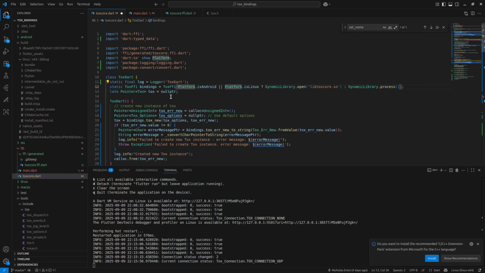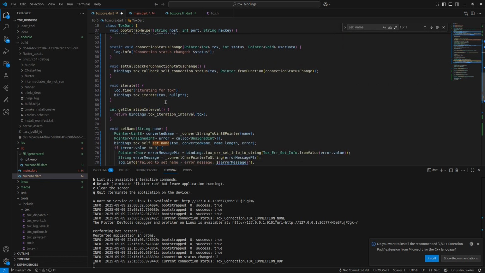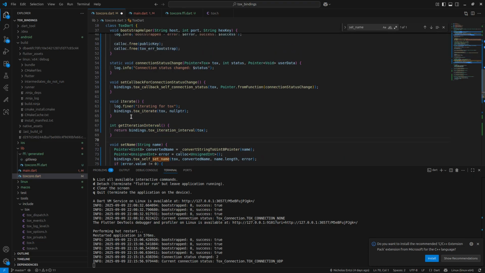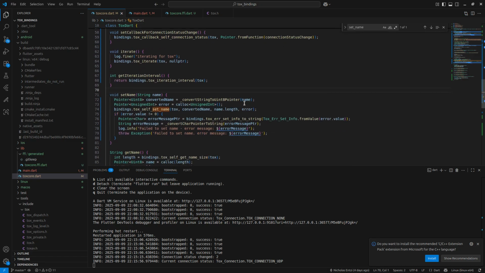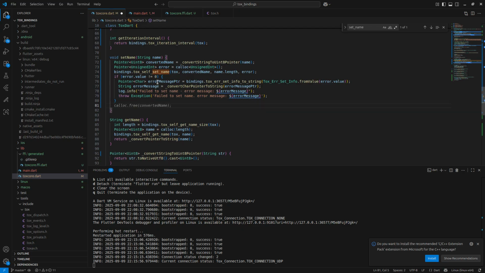bTox score, bindings, bootstrapped. This is the callback. Iterate, iteration interval. Okay, this is beautiful. All right. This feels a little more clean. Oh wait. We need to